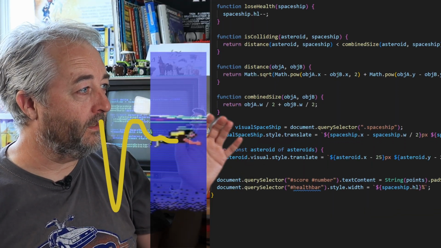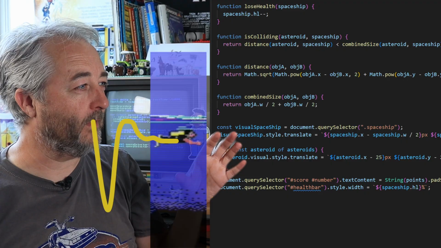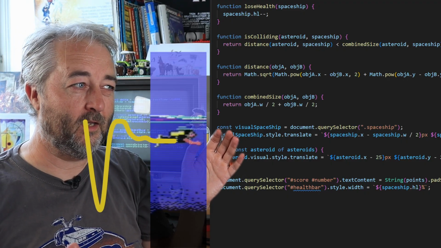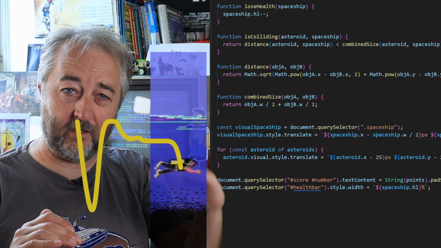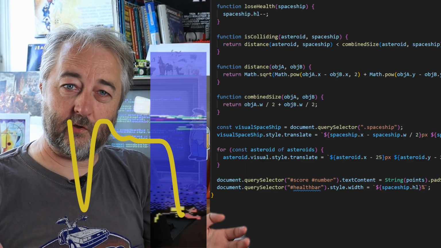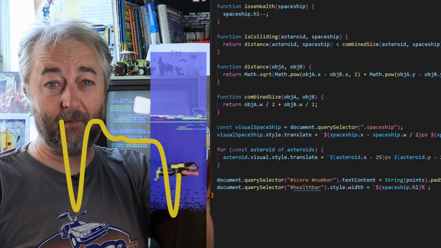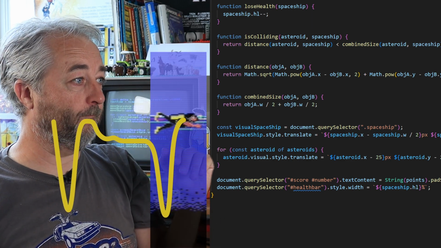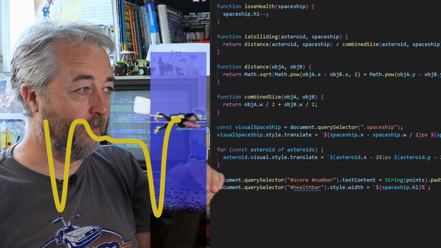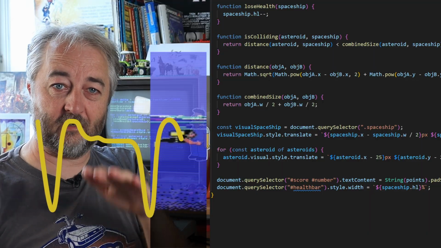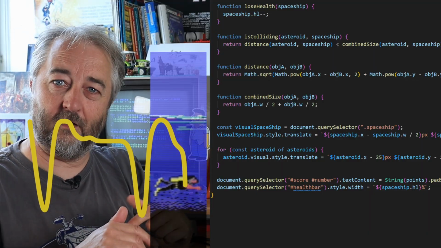And finally, here's something to do with a visual spaceship and some translate calculation. It seems like something very close to the platform, but it's also something visual that the user will see, so it might be at the surface. And the same goes for the next for loop here. The loop itself isn't as close to the platform, but the inside of it is. That is quite a lot of swimming up and down. I know I did say that programmers should be able to move quickly up and down between levels of abstraction, but this seems a bit much.